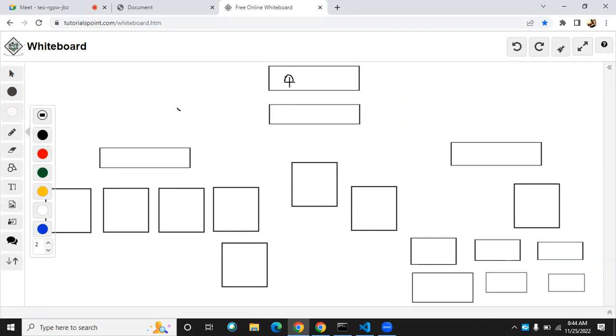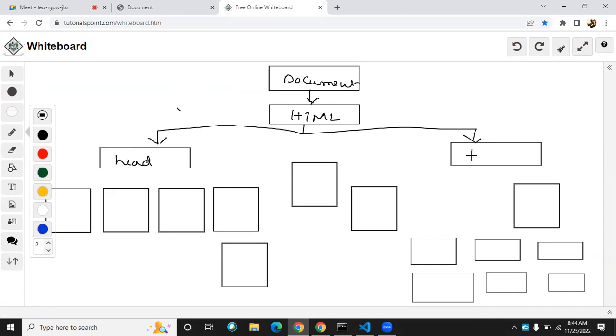So we have document. Under the document, we have HTML, right? So HTML has 2 things. One is head, another one is body. Under the head, we have meta and title tag. Under the title, we have the text called document text. It's a text content. Next, under the body,